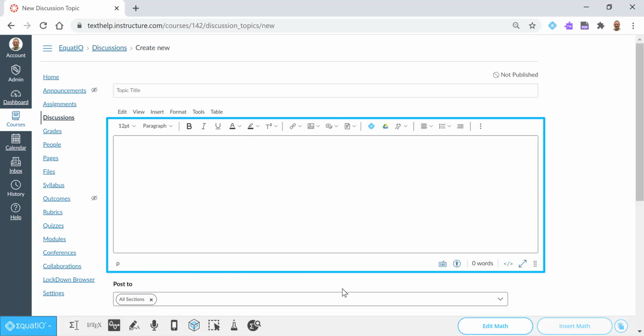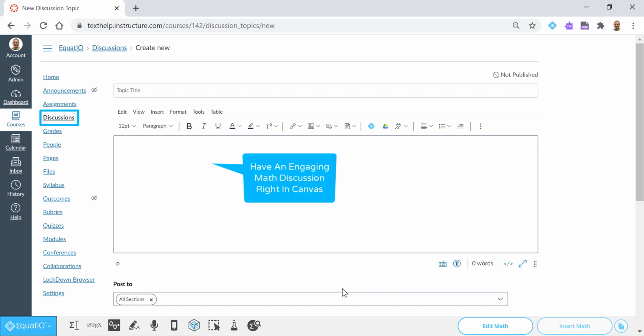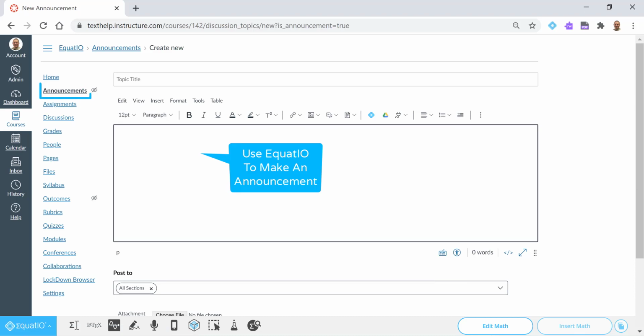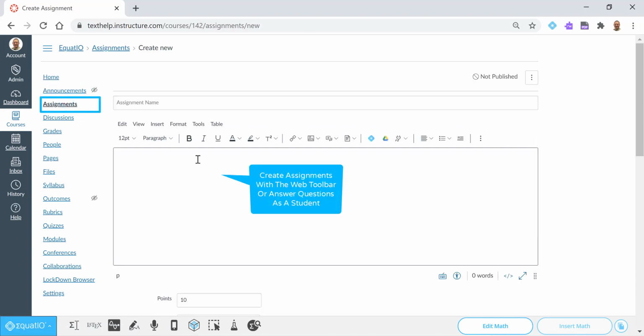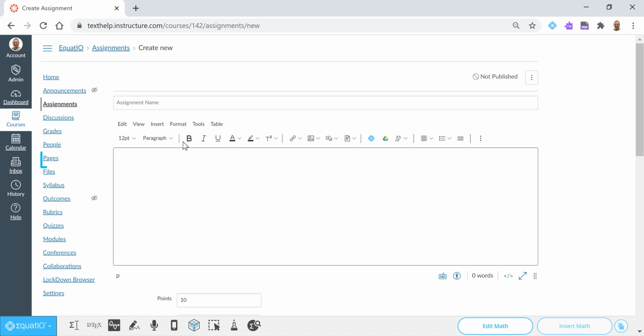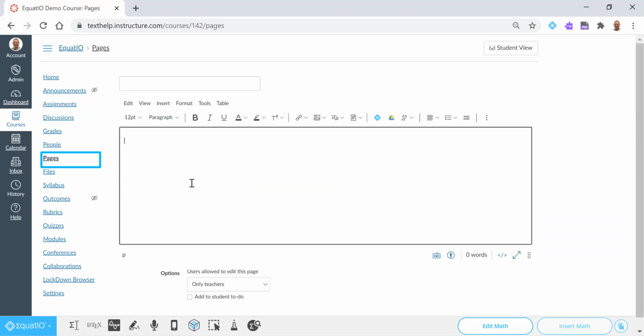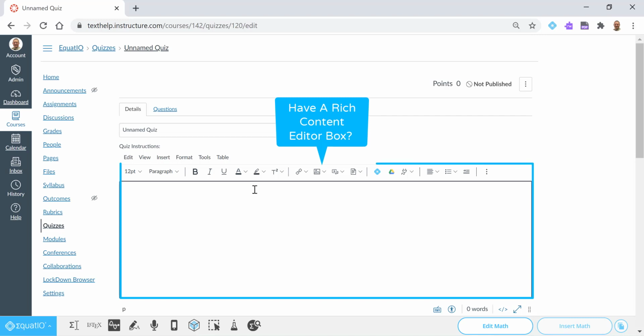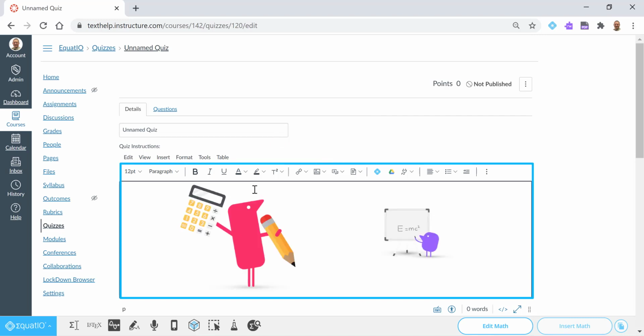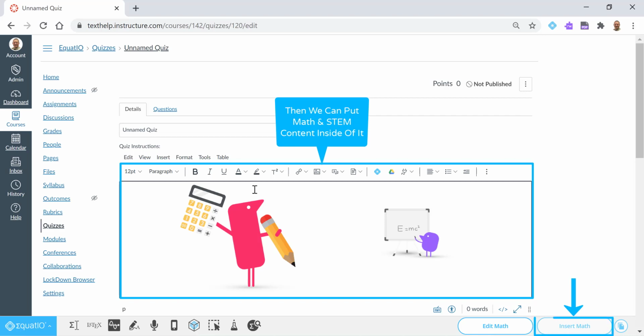Think of all the places the rich content editor is available in Canvas, from discussions, announcements, assignments, pages, and quizzes. We can help you make math and STEM content just about anywhere now inside of Canvas with the simple click of the